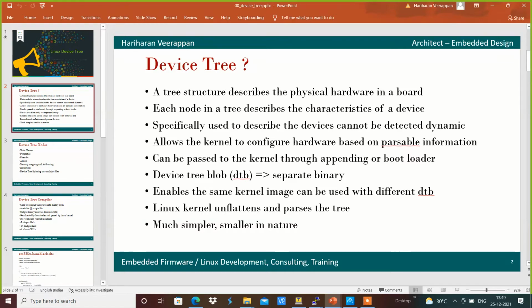Basically, the device tree binary will be created, denoted as a DTB, which is a separate binary apart from the kernel image.